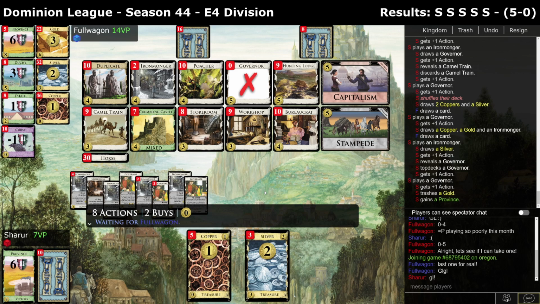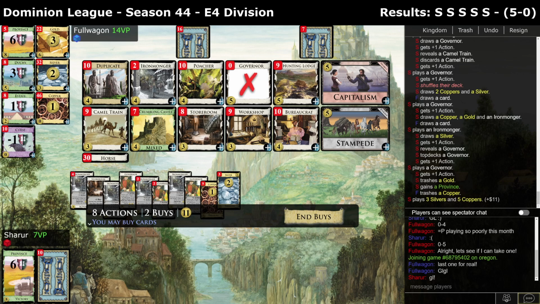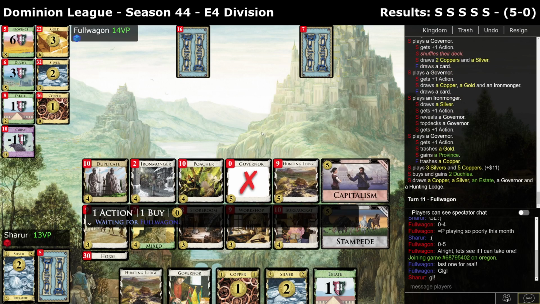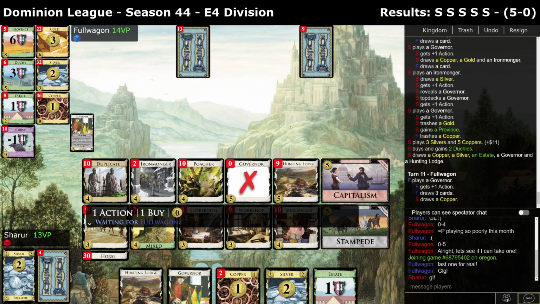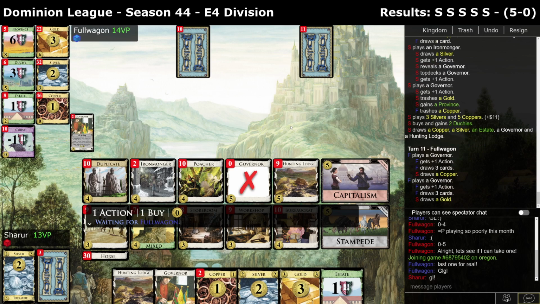Yeah, I don't think it's correct for me to buy province here. I think it might actually be correct for me to go double duchy. So I have like more gain flexibility than my opponent. Here we go, governor for gold and then hunting lodge all this crap away. Oh, or we...